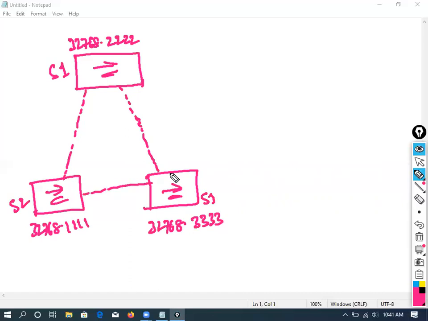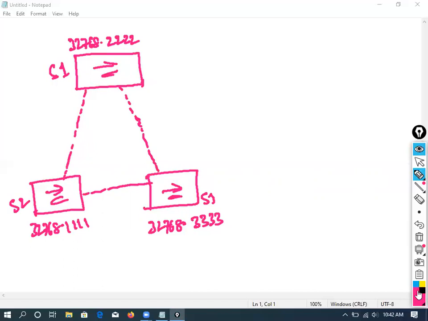Now by default, how do they decide that this switch has high priority or low priority? While manufacturing, they set the same priority. All the switches, old switches, new switches, everything will have the same priority. That's why it goes based on the MAC addresses. The 32,768 is fixed, built in. Later, if you want, you can change it. So now you got it.